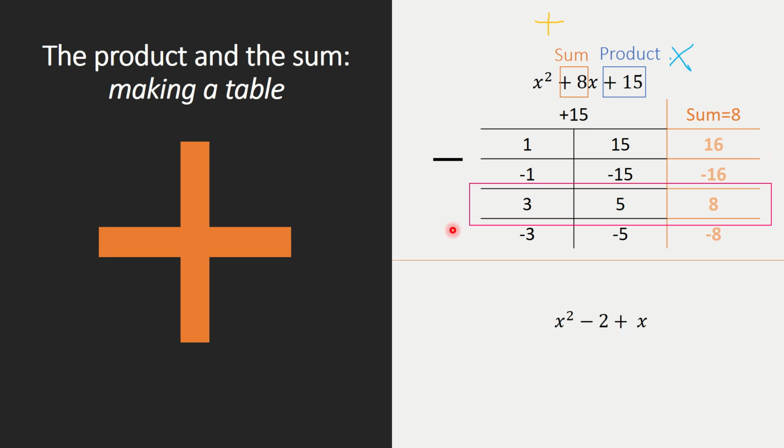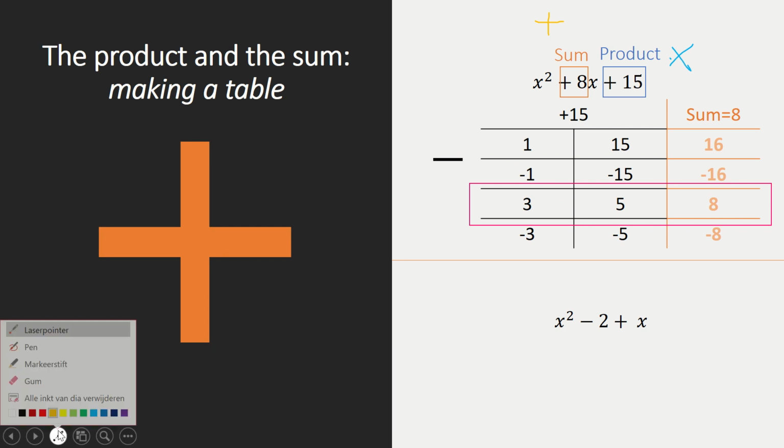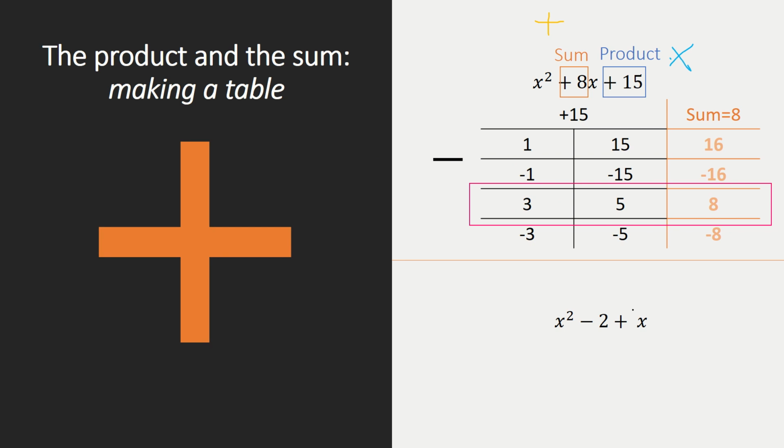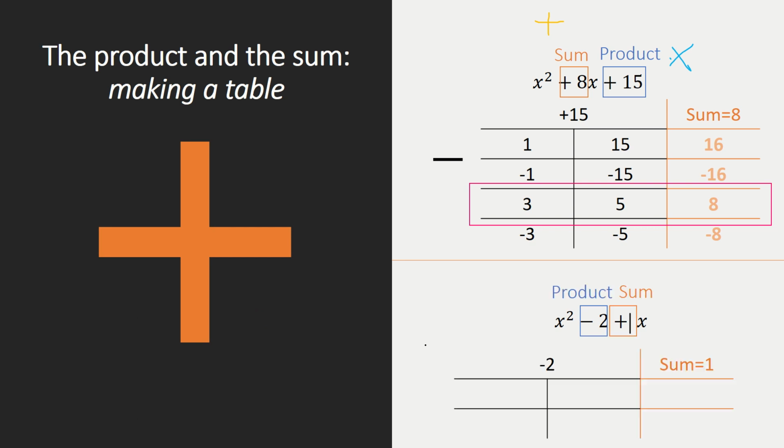Then, for x squared minus 2 plus x, so where secretly a 1 is over there. And minus 2 was the product and plus 1 was the sum. So if we're going to make a table with the product minus 2 over there and the sum equals 1 over there,